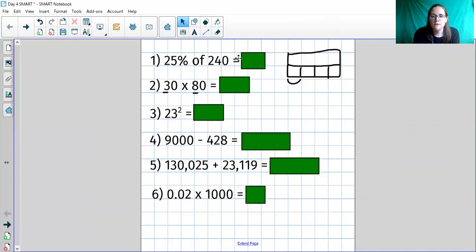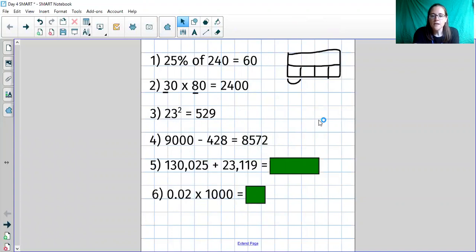Okay, number 1, 25% of 240. Divide that by 4 and you get 60. 30 times 80, well, 3 times 8 is 24. I need to make it 10 times bigger and then 100 times bigger, so I get 2,400. 23 times 23 is 529. 900 subtract 428 is